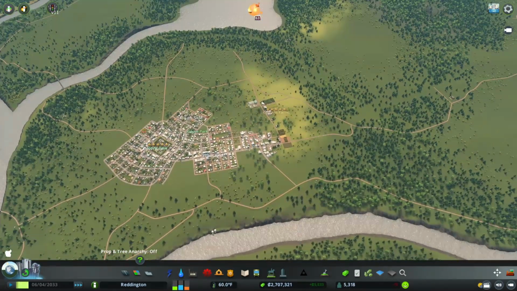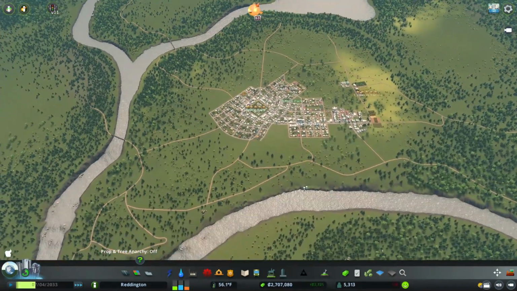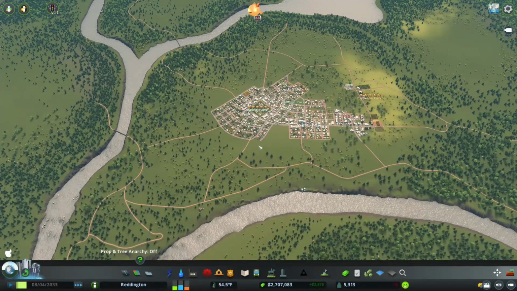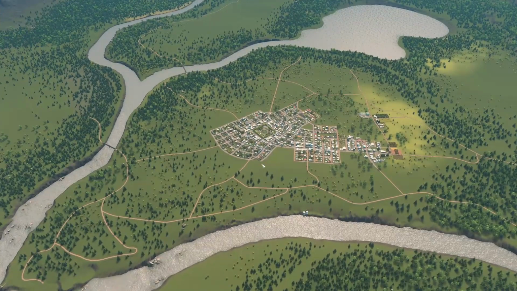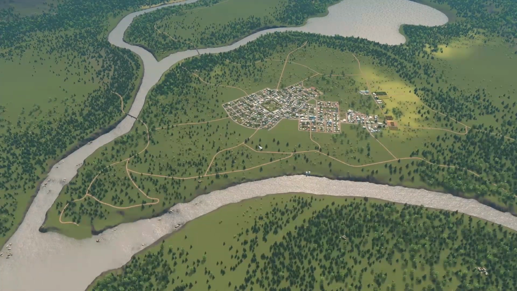So we will continue. We'll build a forestry industry in the next episode, and we'll get that going and bring in more money for Reddington. We'll build a small satellite town for our industry this time. Whoa! But that's what we have so far. I like that so much better. Could probably fill in some of these trees because it looks a little naked there, but